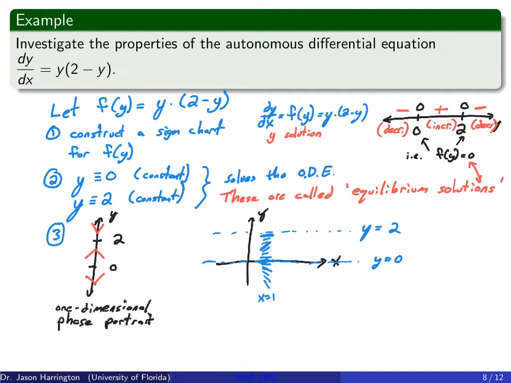And then you'll notice that everything above 2 is just going to be 0, then it's going to move slightly negative, and so forth. What's cool about this is that since this is autonomous, as soon as you make one sign chart for just, say, x equals 1, then they are all the same. X equals 2, you just make a copy of it. And x equals 3, you just make a copy of that over and over again. And you place them down there.